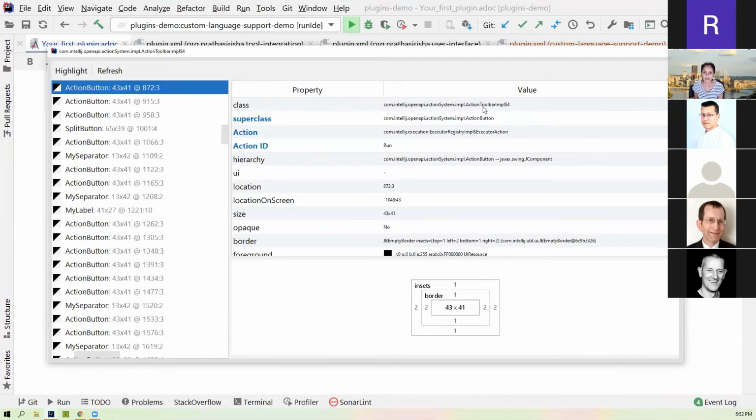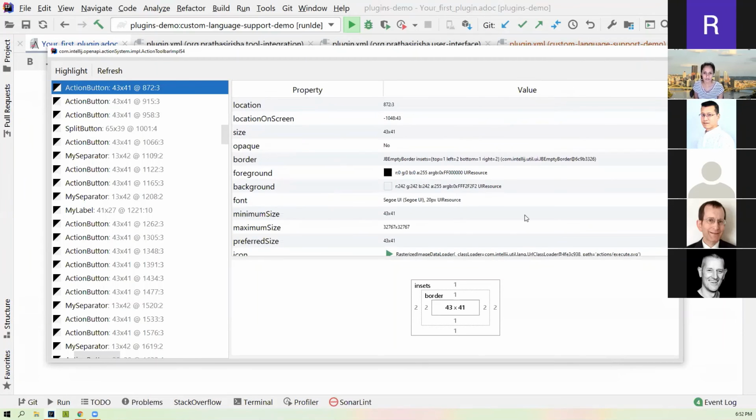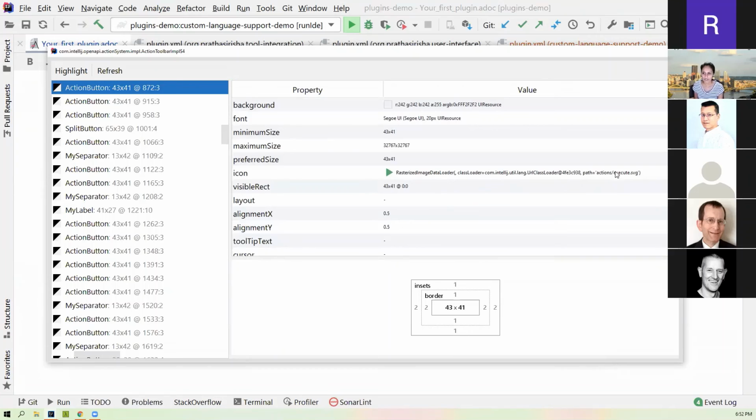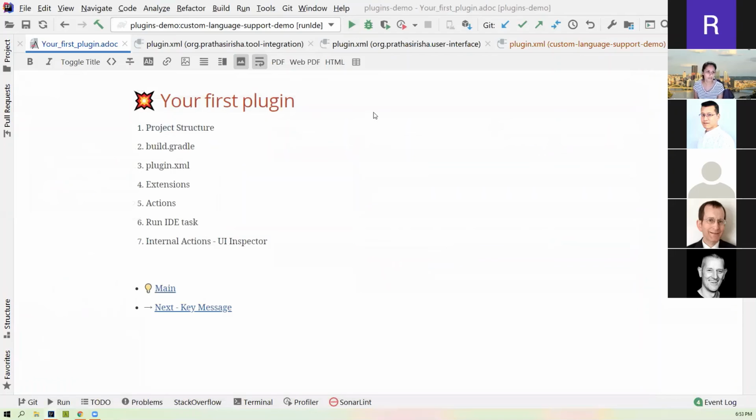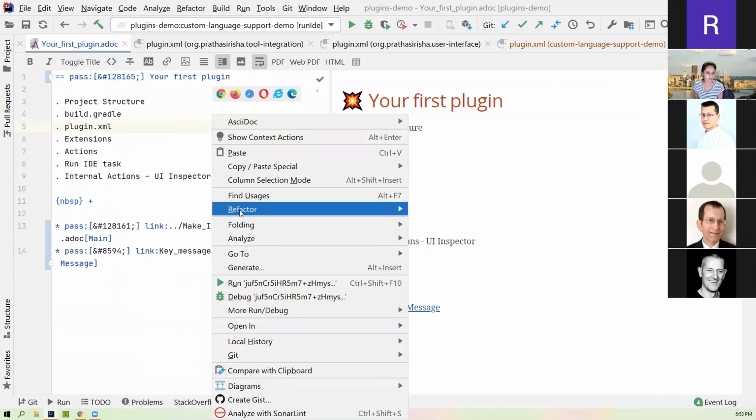which tells you that it's part of some action toolbar. It has an action button. It tells you more information about the icon, like it's the actions execute icon. That's the button that I'm using for Stack Overflow. And you can get a lot more information about a component. In fact, we can also take a look at this. I think the search,